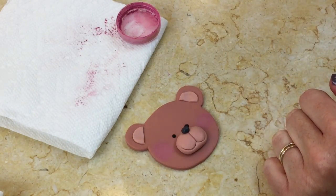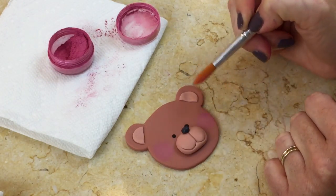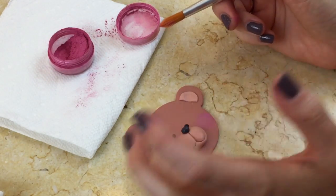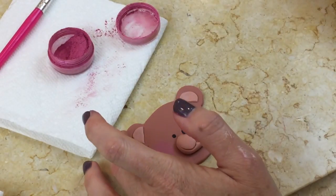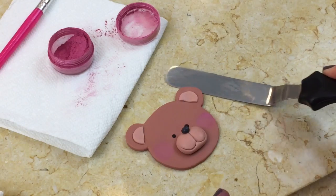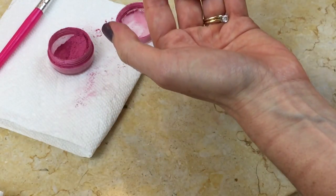CK petal dust, but it looks very pink. Anyway, just go with a pink petal dust that you like. The lighter shades don't quite show up on this brown. And as I said, completely optional step. I just like rosy cheeks. Okay, so